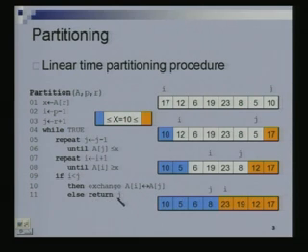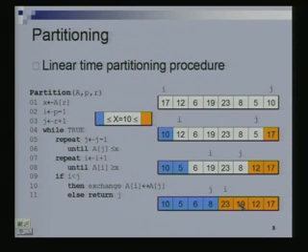Return the procedure, and what are we returning? We are returning the value of j, which tells us what is the boundary of the two halves. So this is my left half. My left half is from p to j, and my right half is from j plus 1 to r, because I am only returning j and not i. So j plus 1 to r is my right half. Is everyone okay with this?